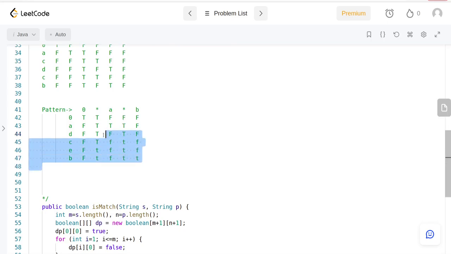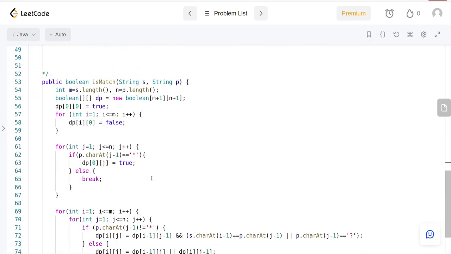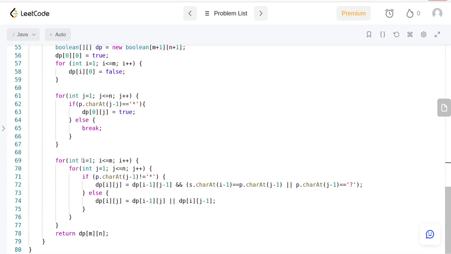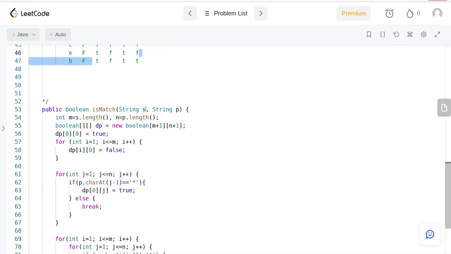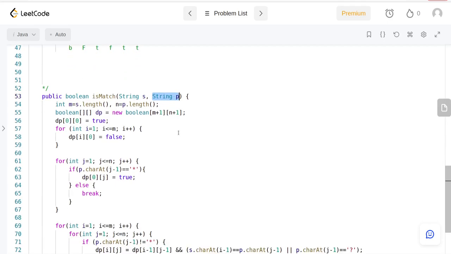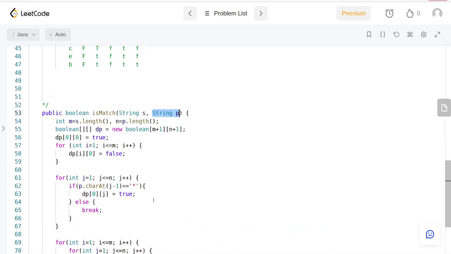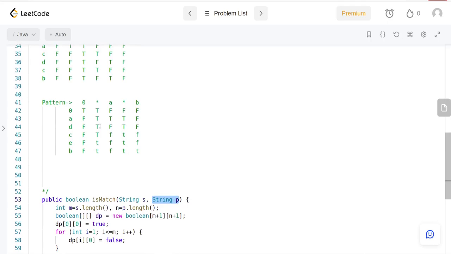Now we are left with these remaining cells, starting from here, here, here, here, and here. We're going to be filling those up. That is going to be from 1 all the way to the length of the string s, and from 1 all the way to the length of p. Okay, the algorithm goes like this. If you see an asterisk